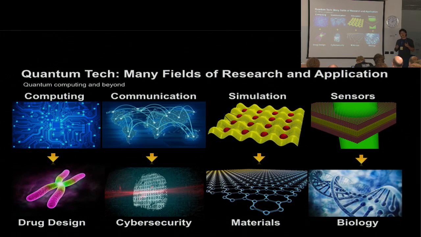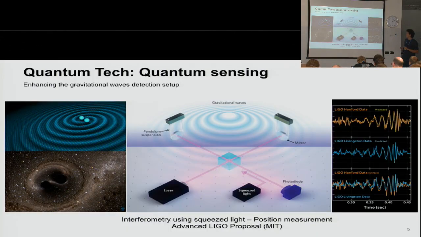Quantum computing would have applications that are very broad. The most immediate one could be for drug design, by designing from the bottom up specific chemicals or biological molecules. There are also applications to quantum communication, which is through the sharing of information that has some quantum correlations. And these are applications to cybersecurity. And then there are also other applications in sensing and simulations. I cannot delve into all of these applications. I will just give you an overview of what is possible in quantum mechanics.